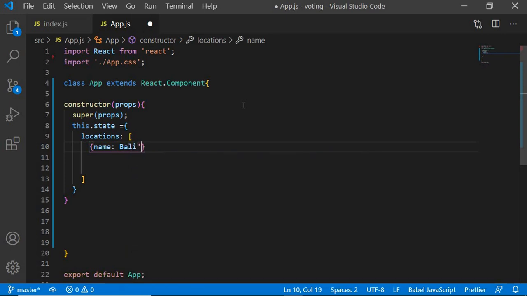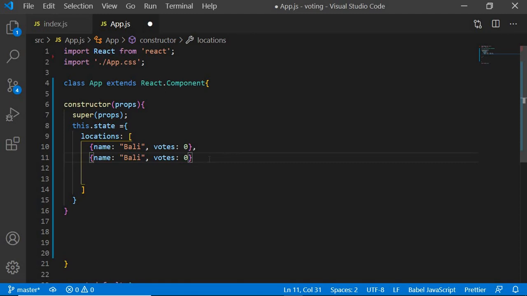and this is a string, so this has to be in double quotes, and right after this will be votes, and all the votes value will initially be at 0. So this is an array of objects, so we'll put this together, and then we can just copy this and paste it like 4 times if you have 4 places in your mind. So let's copy the entire thing so that we don't have to put a comma each time, and let this be